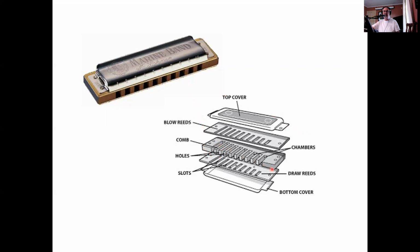So in the middle of the sandwich is the comb. Up top is the blow reed plates, and on the bottom are draw reed plates. And of course, we have covers top and bottom. And what we have here in the middle of the harmonica section is the full diatonic scale. Do, re, mi, fa, sol, la, ti, do. Go ahead, sing along with me. Do, re, mi, fa, sol, la, ti, do. Or in this C harp,